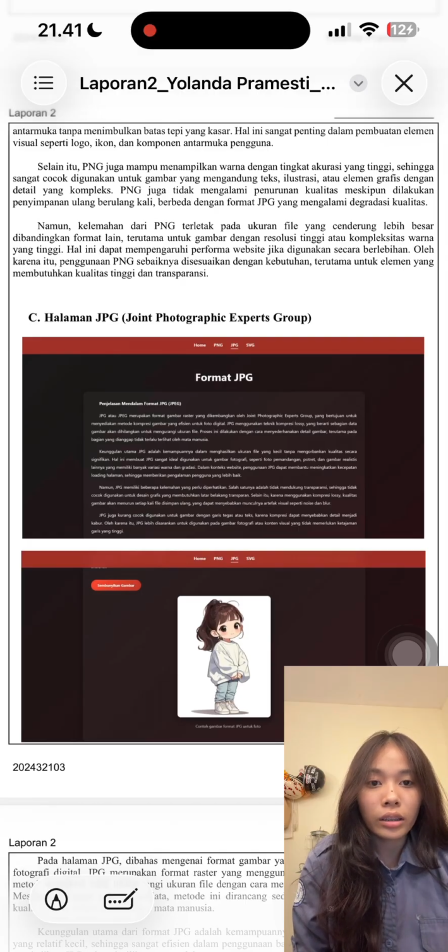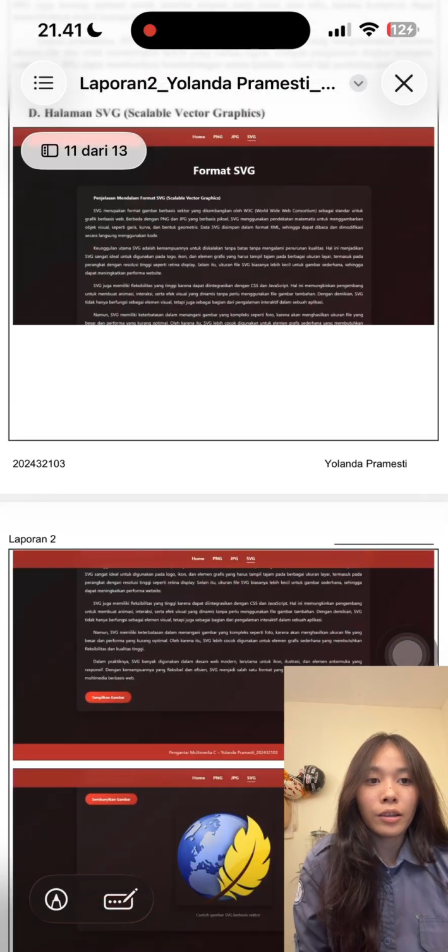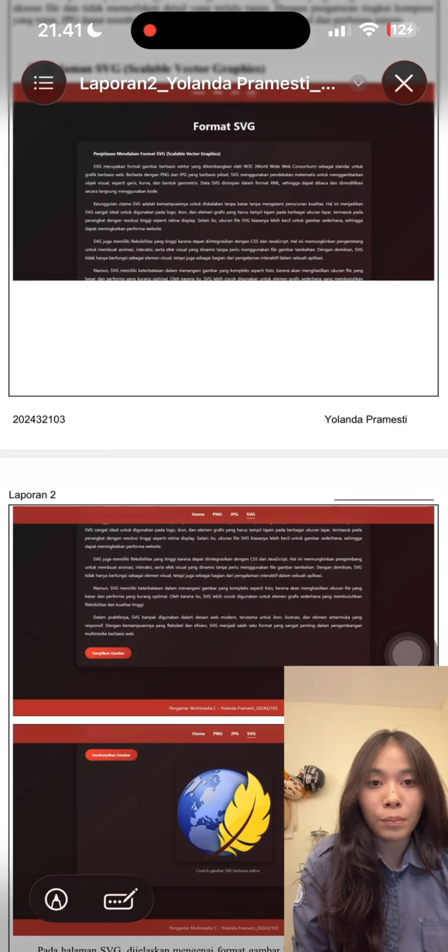However, the disadvantage is that the image quality can decrease, especially after multiple edits or saves, and it does not support transparency.